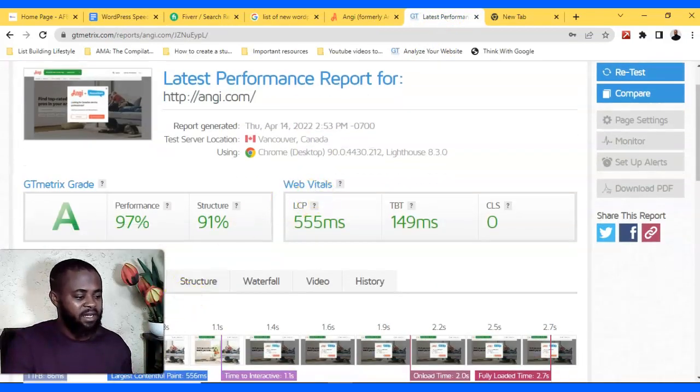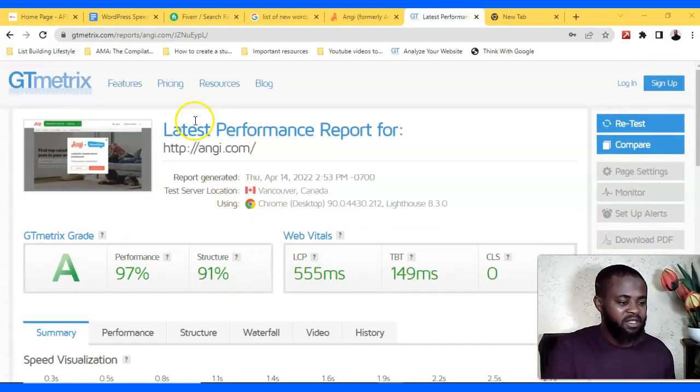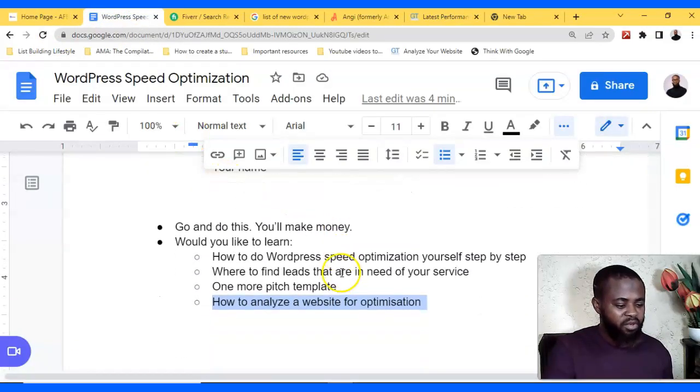This is an example of a website that I have. This is the performance report, as you can see, for a website that I've optimized already. If you want me to show you all that, all you have to do is just to